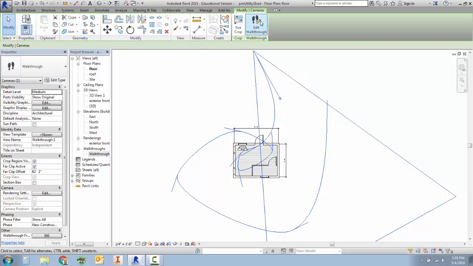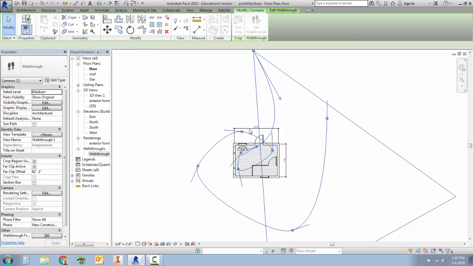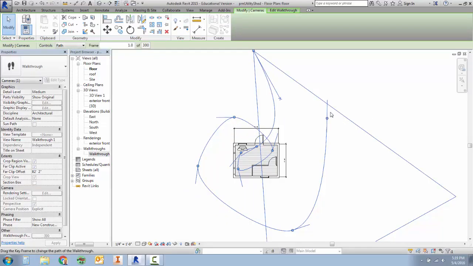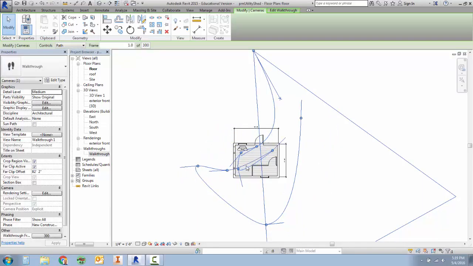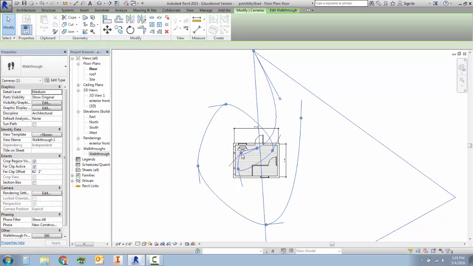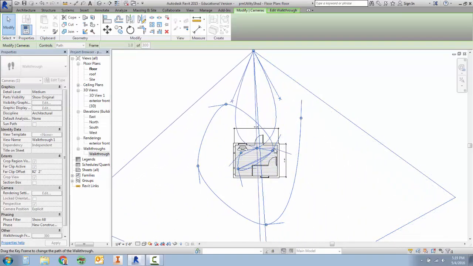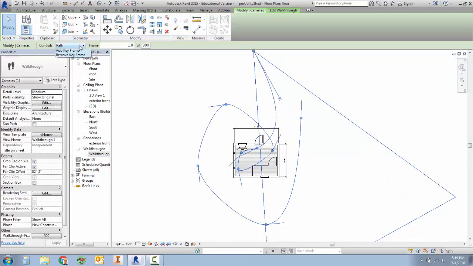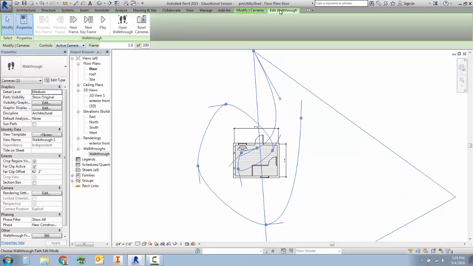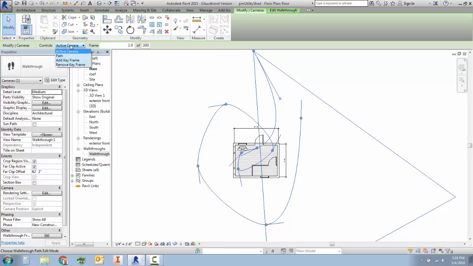You can click on the walkthrough, edit, and adjust the path to make it look the way you want it to look. And I'm going to adjust the path. And you want to adjust the path first because as you'll notice, when I adjust my path, these lines coming out is where the camera is going to look. And so you want to adjust the path so that as you're going through, look how the camera is moving as I'm moving the path. So you want to adjust the path first,